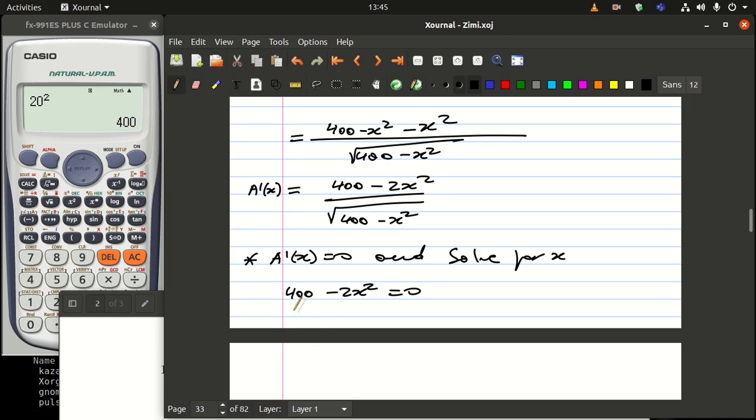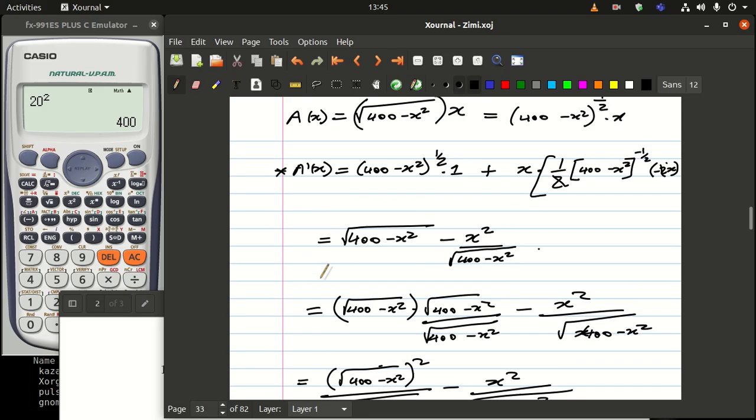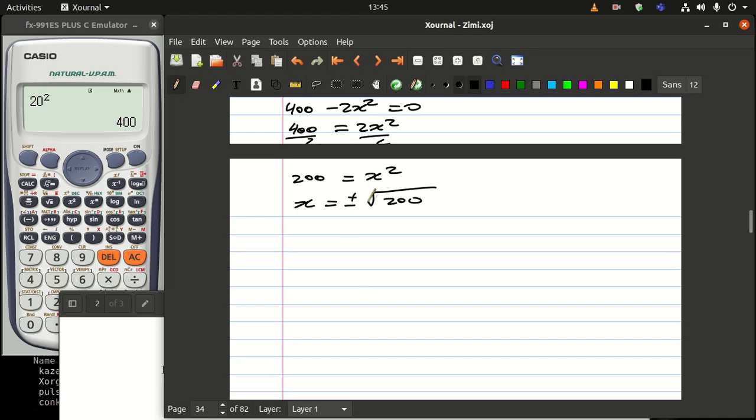Then let's solve. So we'll end up having 400 is equal to 2x squared, and then I divide on both sides by 2. So this side will end up having 200 is equal to x squared, and also x is going to be plus or minus the square root of 200. But my x is actually what? It is the length of the rectangle, so we cannot have a negative length, so this x is going to be positive. And then once you are having this x here, the next thing that we wanted to find out here,